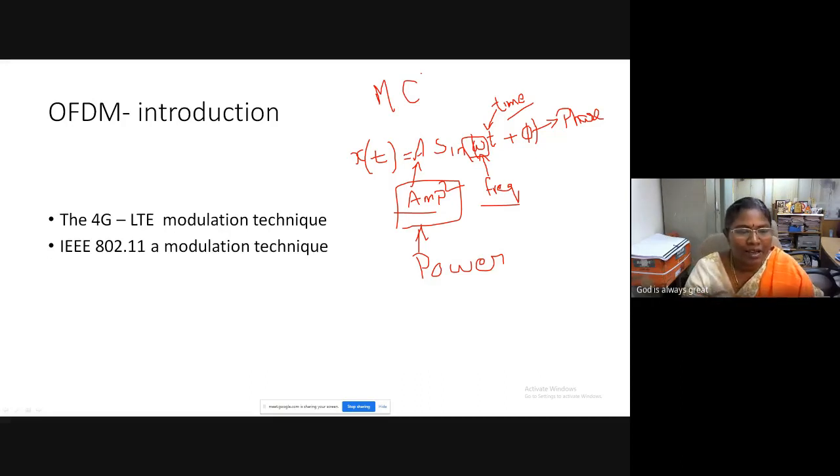Even if you take Wi-Fi communication, IEEE 802.11a also transmits data using OFDM. So this is a very important modulation concept which we expect our students should know, the working principle of it, and they should be able to have hands-on experience and see how the signals can be viewed. For that, LabVIEW will be a better tool to view the signals. So from here I'll teach the basics of OFDM and then go into the LabVIEW concepts.